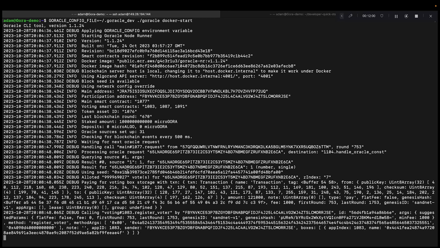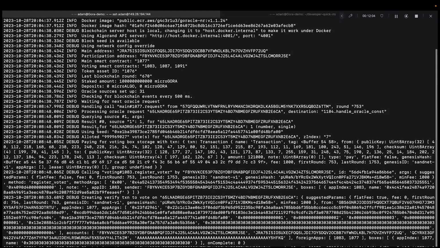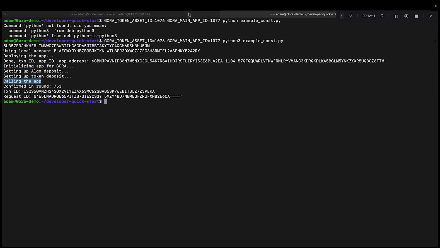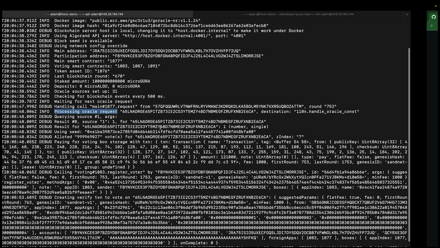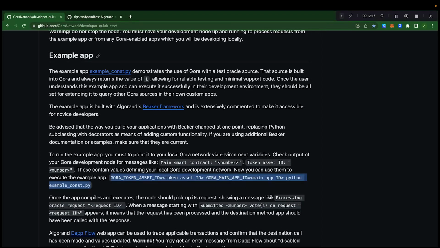Okay, so now it's calling the Oracle network, and we can see that indeed we are processing the Oracle requests. So come over here, everything is done. We can see that we have indeed processed the request, and down here, this is what we want to see.